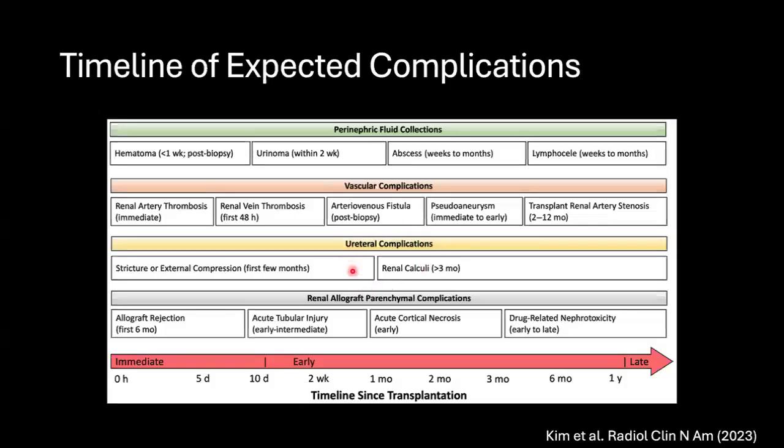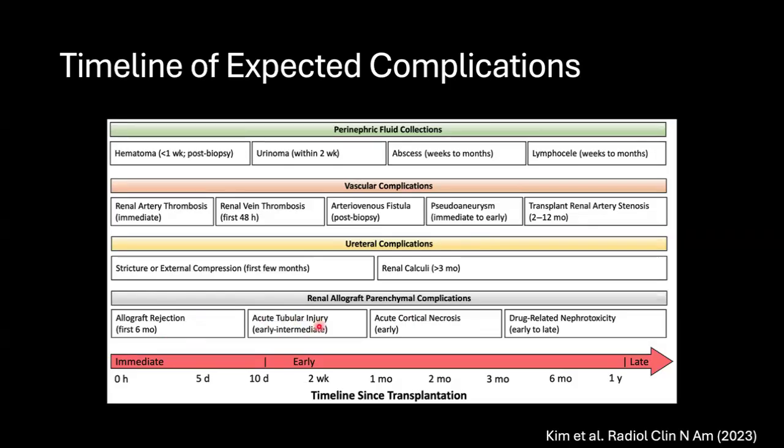Then we have the ureteral complications, of course, the strictures and the renal calculi, which we can evaluate very well by imaging. And then you have the allograft parenchymal complications. Those, I would say from now, will be the least specific imaging category that we can see. But it's important for us to know the context, whether it's an early, immediate, or intermediate